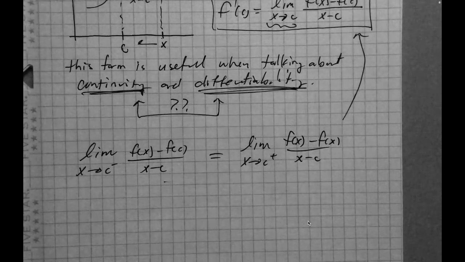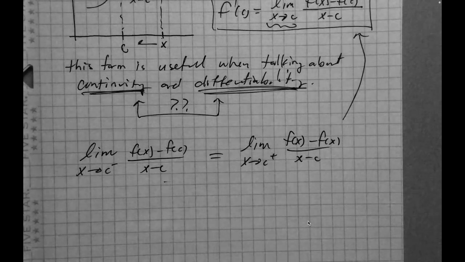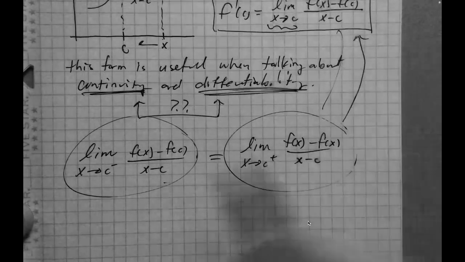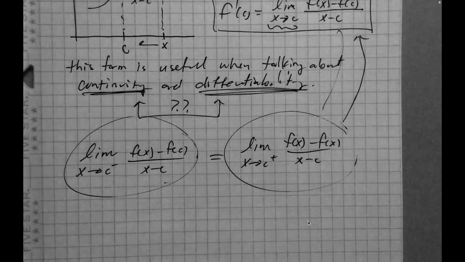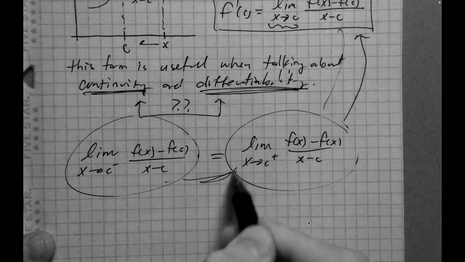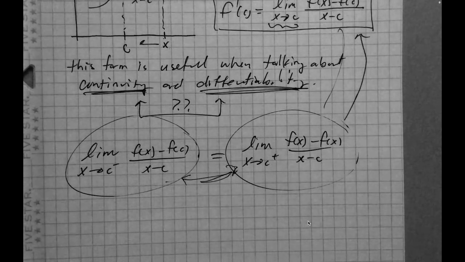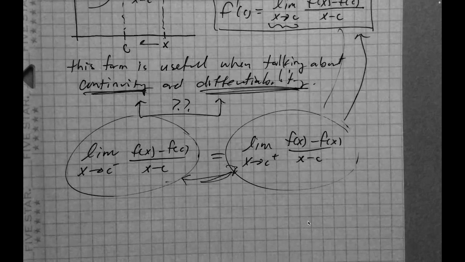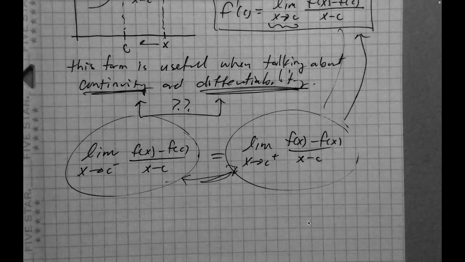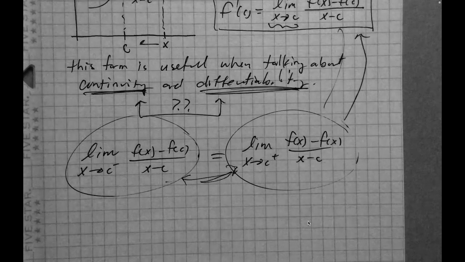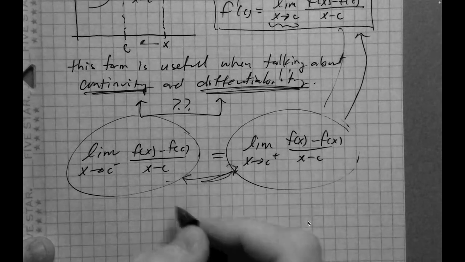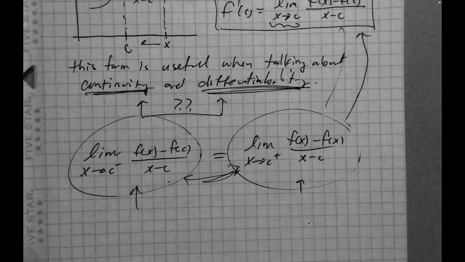Now, in the previous definition, delta x was going to 0 and intuitively, the change in x is kind of thought to be a positive quantity, and so we didn't have to explicitly state this, but here it's important. Here it makes sense and is important to state, and in particular, we're going to use these to examine situations where continuity maybe doesn't exist, and where potentially continuity does exist, but differentiability doesn't exist, that kind of stuff. And so we'll take into account the left and right hand limits for some of the examples that we're